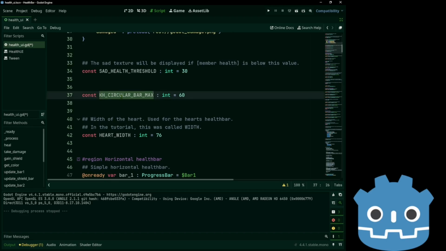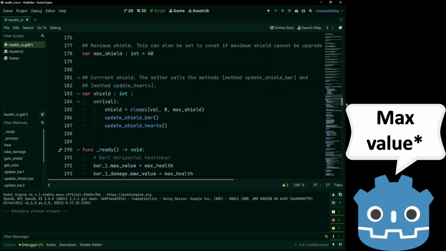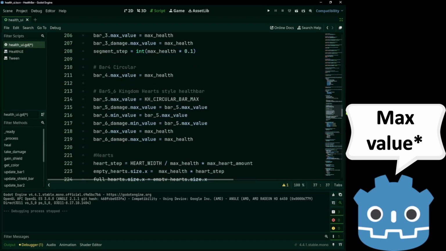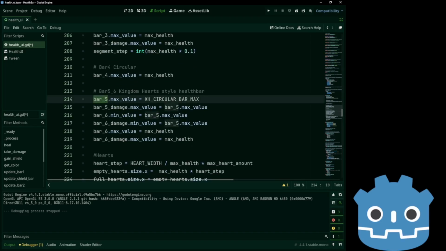Now the Kingdom Hearts circular bar max, which is 60, that is just the maximum health in our ready function for bar 5. Before we used to have 60 as a number here. I just replaced it with a constant.